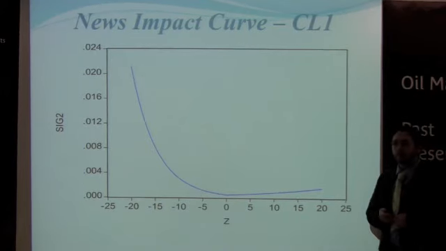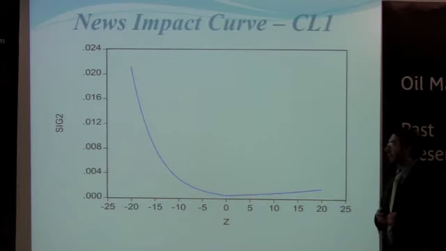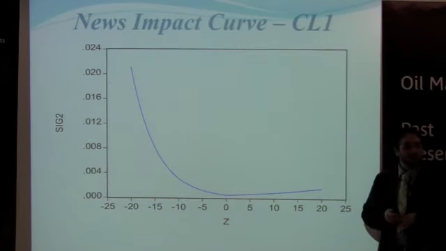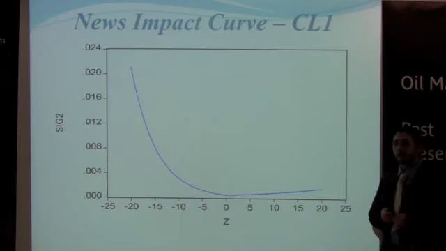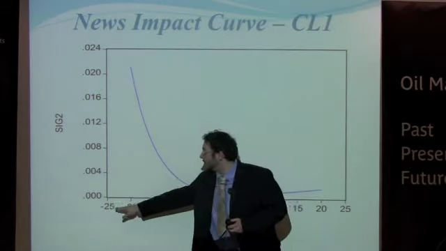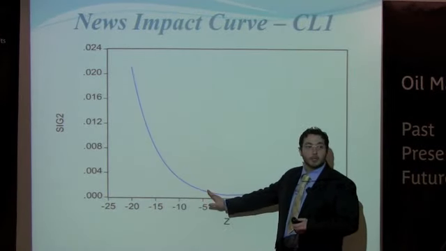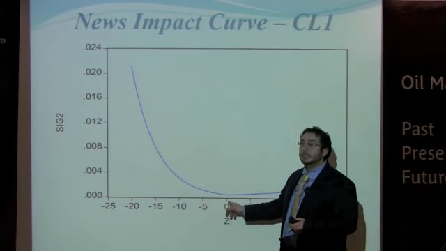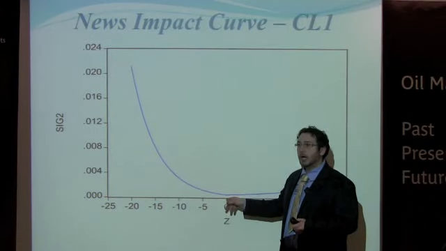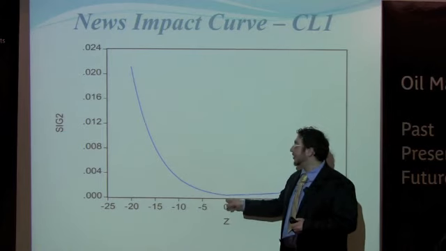It's a graphical representation of how investors tend to basically forecast the market and how they react to positive and negative shocks in the market. You see here 0, -25. You see this? The left hand side of the chart tells you how the investors in the crude oil futures market, how the volatility increases after a negative shock hits the market.